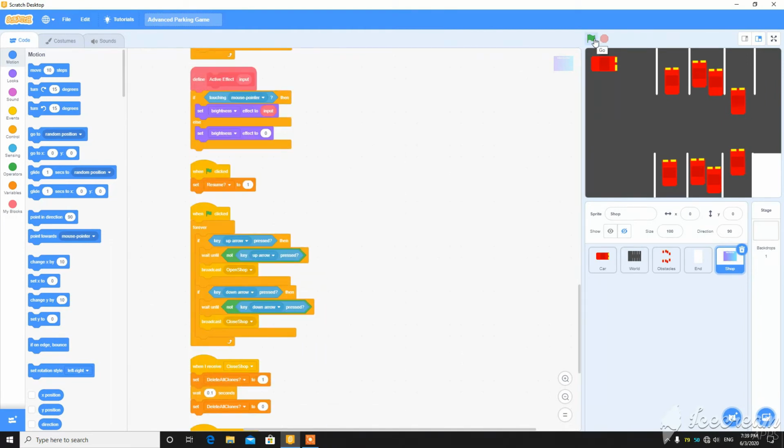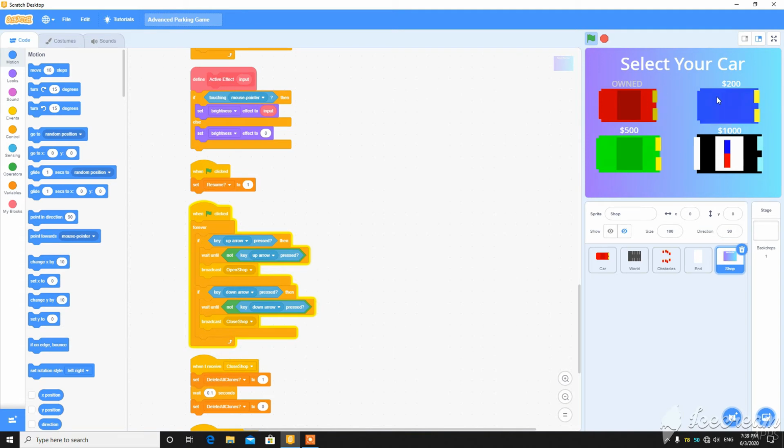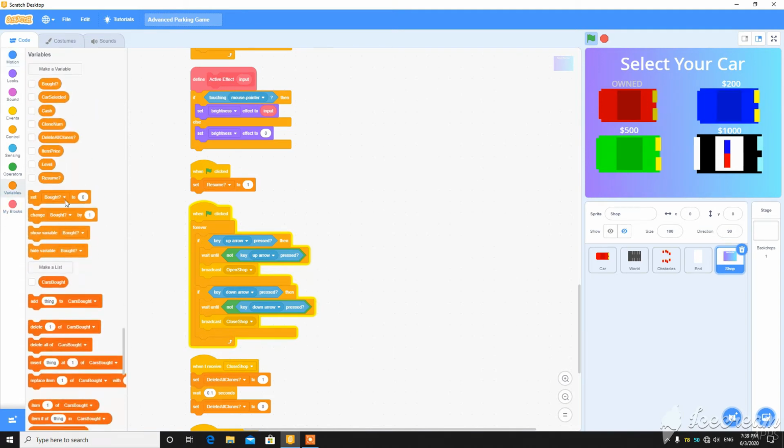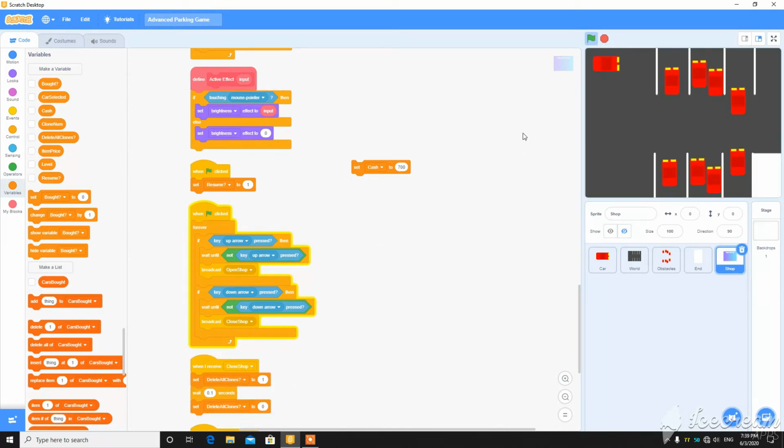So let's try this. When the up arrow key is pressed, the shop is opened. Let's set the cash to $700. Click on it, so it is now bought, but it doesn't switch its costume. Let's press the down arrow key. Shop is closed. When I press 2, I can use this car.